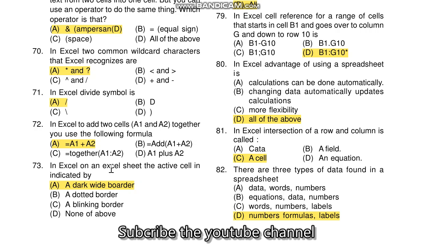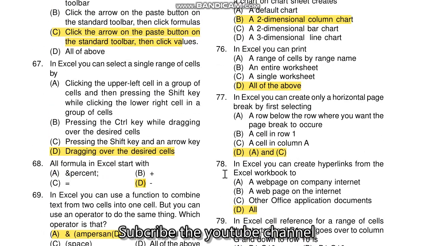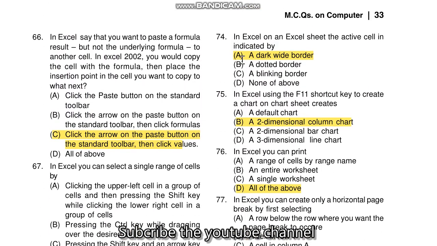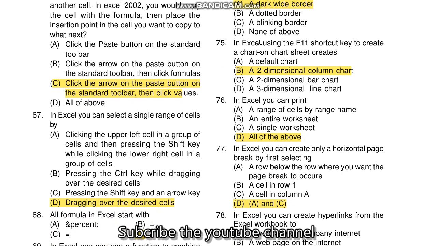Question 73: in an Excel sheet, the active cell indicated by a dark border is called. Question 74: in Excel, on an Excel sheet, the active cell indicated by a dark white border is called. Question 75: in Excel, using the F11 shortcut key to create a chart on a chart sheet creates a two dimensional